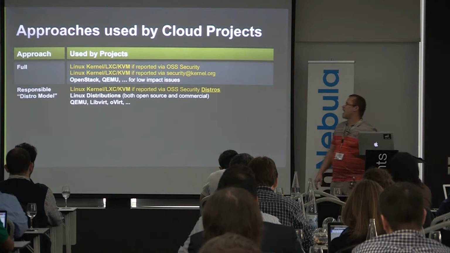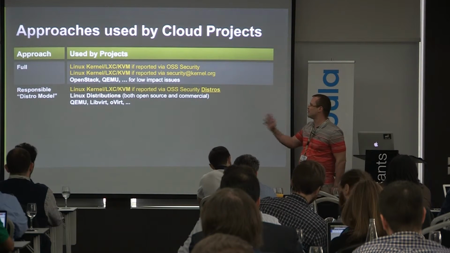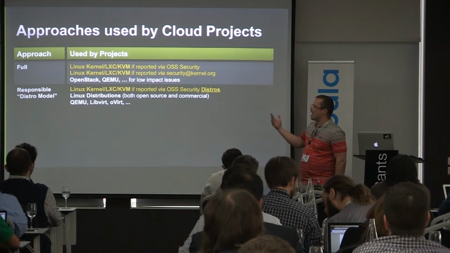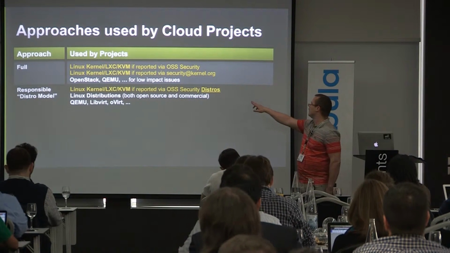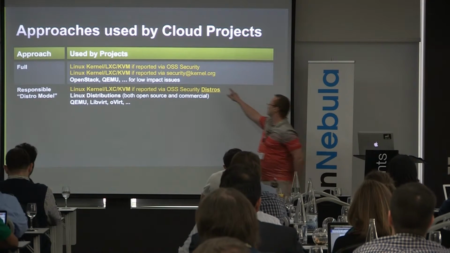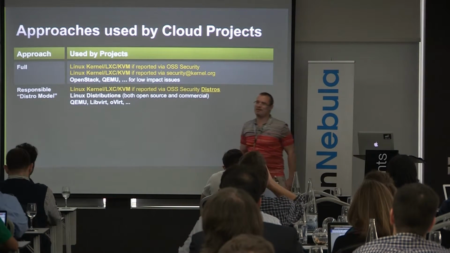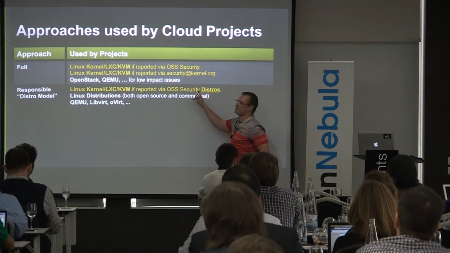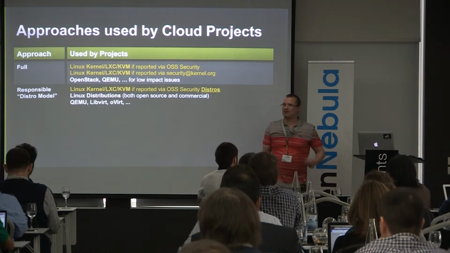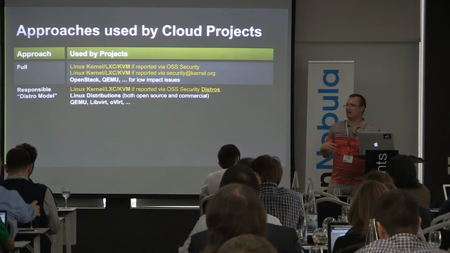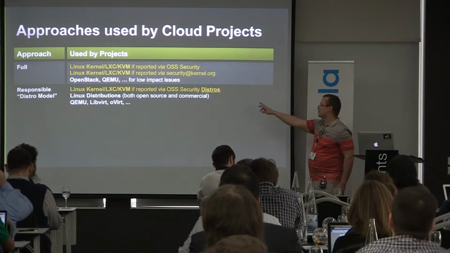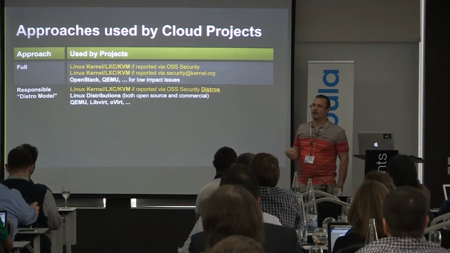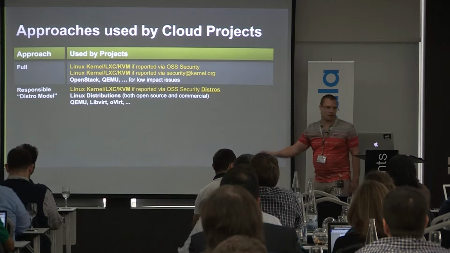Then I have what I call the responsible disclosure model for distros. I'll explain how this works later. And that's basically what the Linux kernel uses if you use OSS security distros. That's very different to this list, and a lot of people who are not familiar with this have by mistake sent stuff to there when they actually meant to send it there, and it went out to the world. Even Google and a few other big organizations have fallen foul of that. Linux distributions tend to follow that model, and then also many other projects like QEMU, libvirt, oVirt, long list.